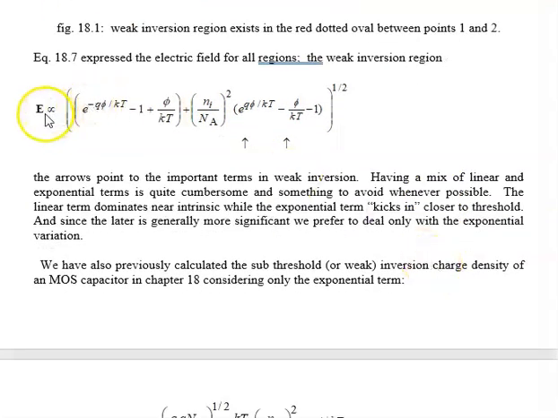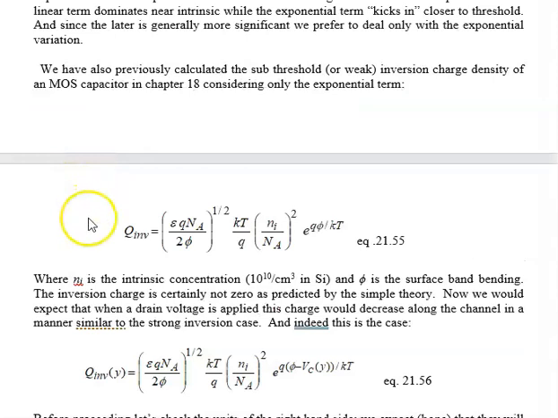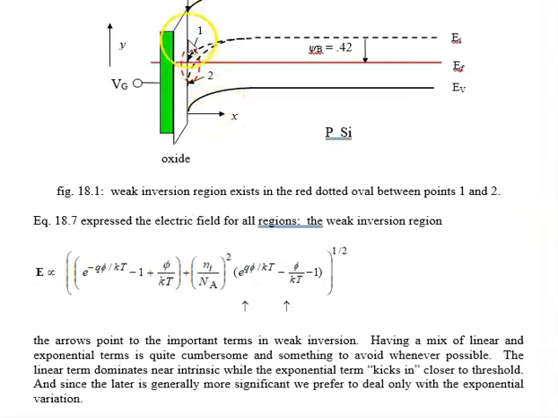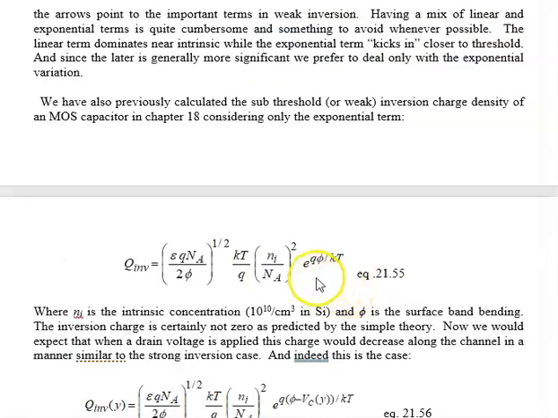Okay, so given the electric field, we can use Gauss's law, because Gauss's law tells us that whenever we have electric field, we must have charge, which produces the electric field. And the variation between the electric field and charge is just the permittivity. So we can write an expression without too much hassle or burden for the charge, and this is the mobile charge at the interface right here, and that is a function of the band bending. So what do we do with it? Well, this is our starting point,